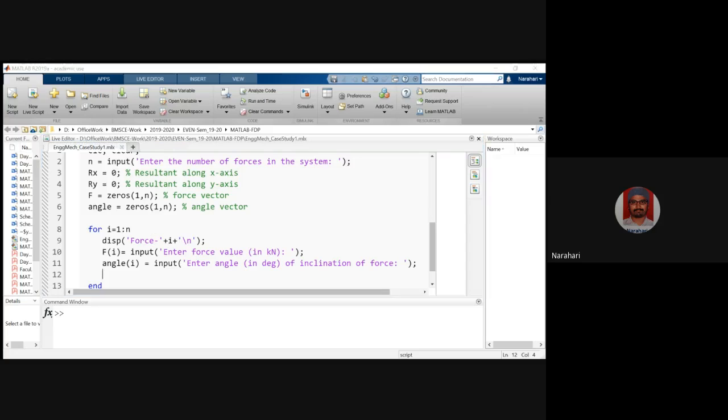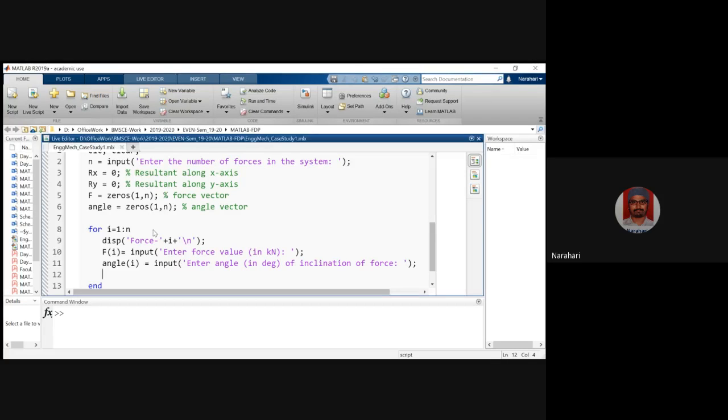Okay, now I have got this force. I will get this force from the user, force 1 and force angle 1, similarly force 2, angle 2, all till n. Then as soon as I keep adding that force, I can take its x and y components. I can resolve it along x and y and add it to Rx and Ry. So what I can do, Rx